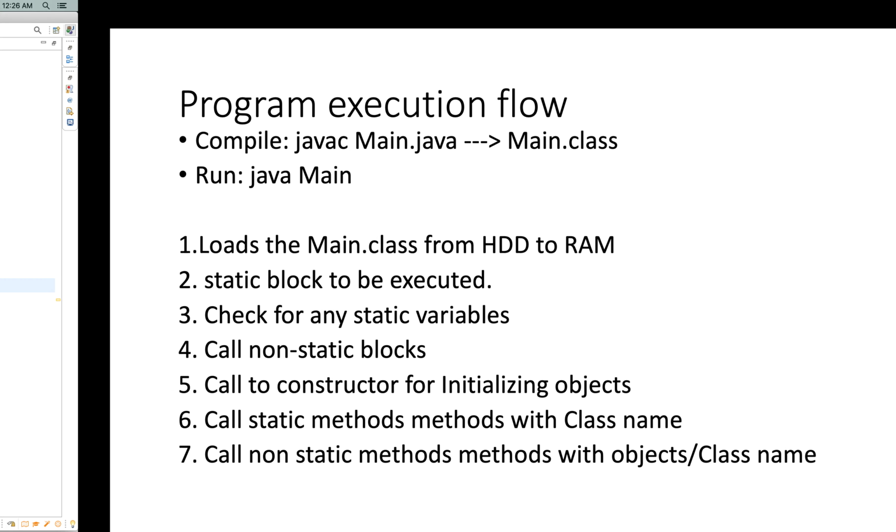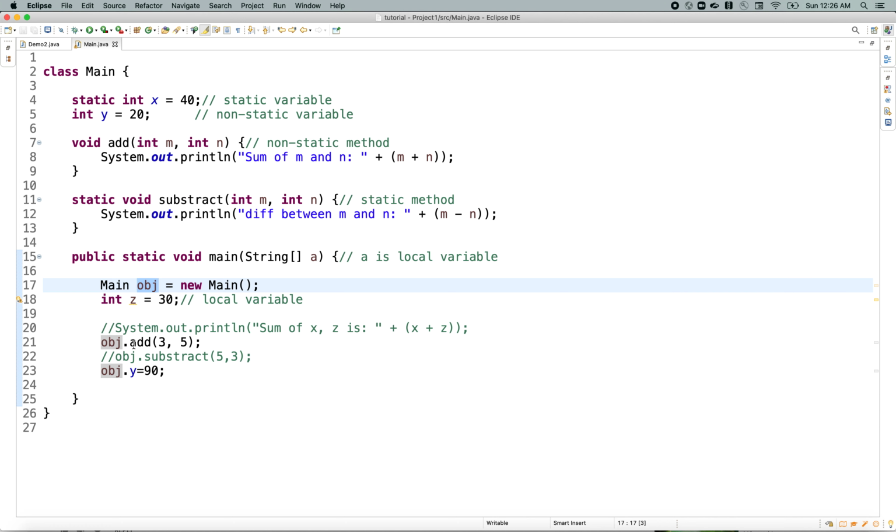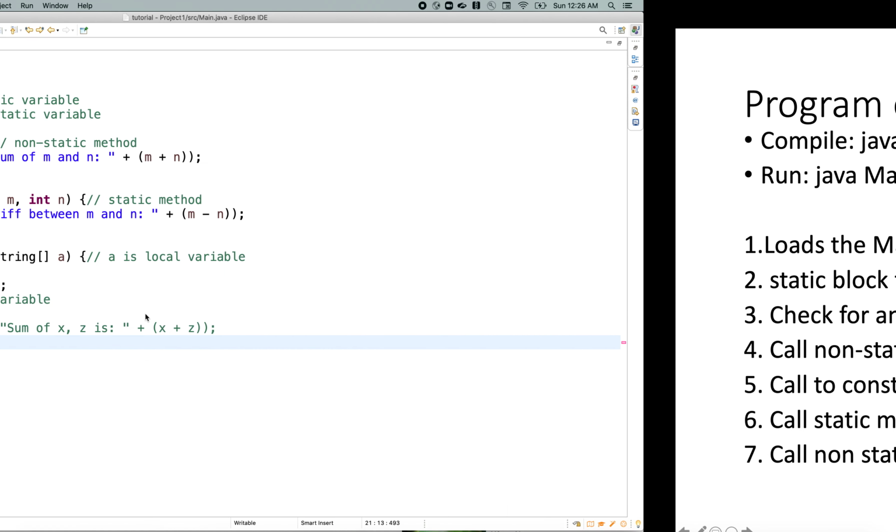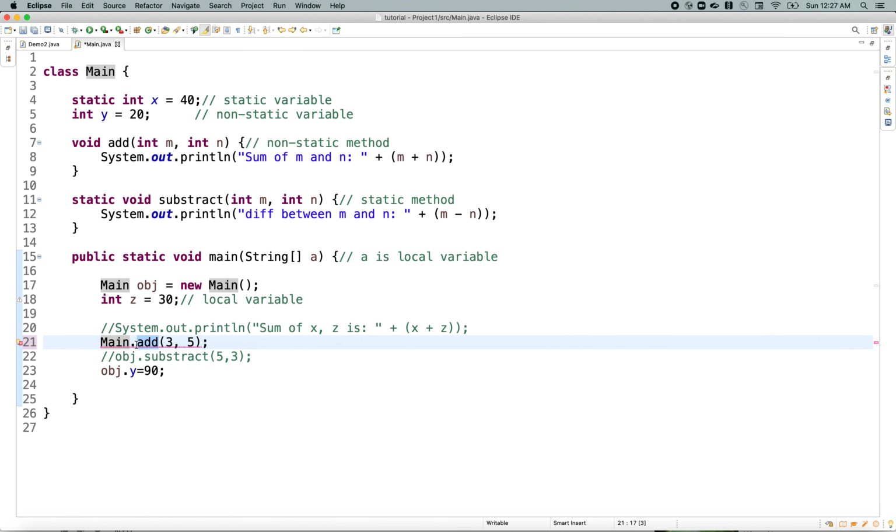In this, you are trying to access the non-static method using the class name. When the class is loaded, there is no object, right? The object is not created, so that's the reason the non-static methods are not accessible. They are accessible only when the object is created. When the class is loaded, using the class name you can only call the static members.